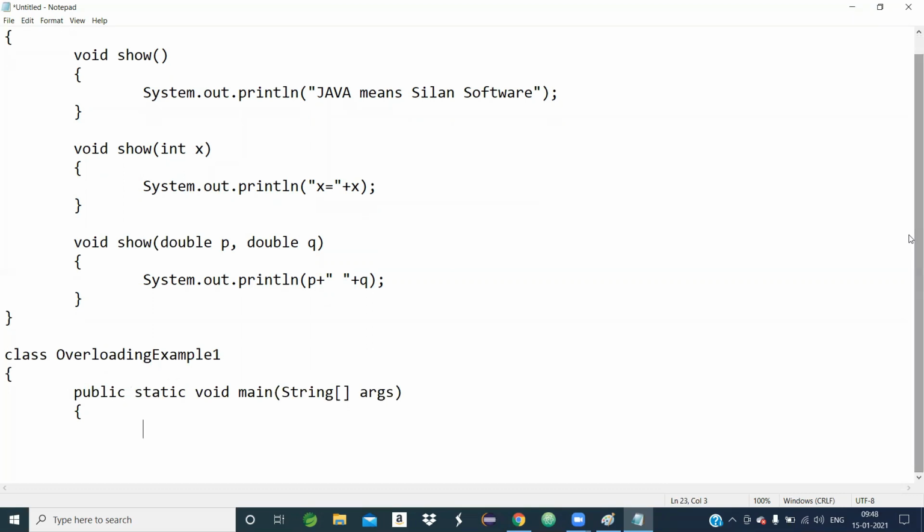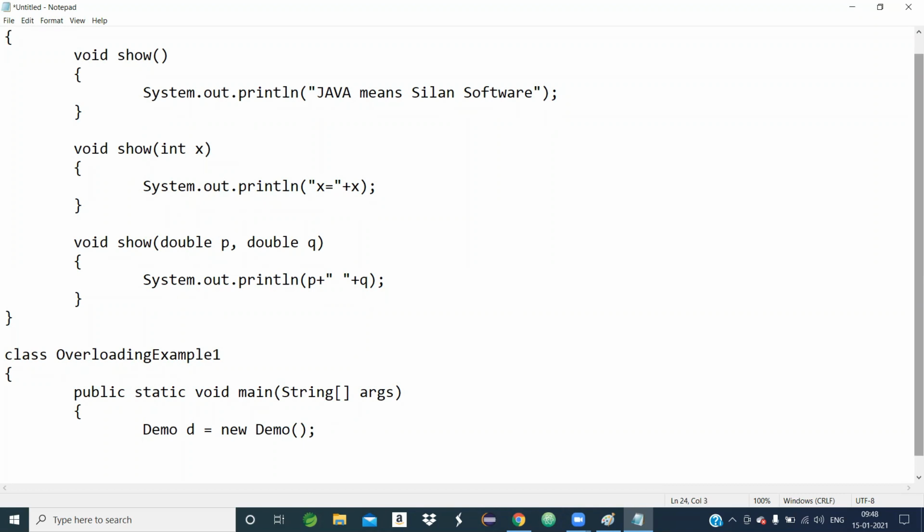Now this first line is the object declaration. I will declare the object of the demo class because the demo class represents all these things. So demo d equals new class name, let the class name be demo.